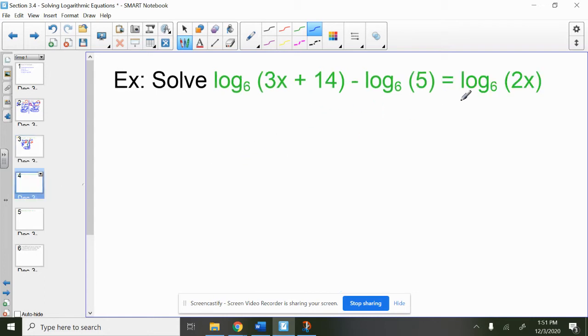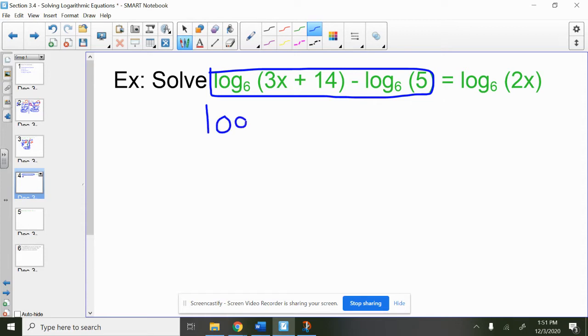Okay. This has log minus a log equal to a log. Well, the first thing I'm going to have to do here is make sure I break this down first. Well, we spent some time this week already breaking these down. I've got logs with the same base, but they're subtracted. So I know that I can simplify that and write that as the log base 6 of 1,